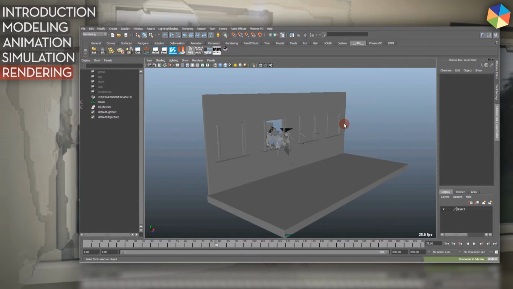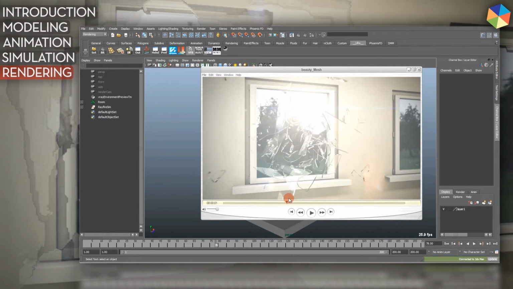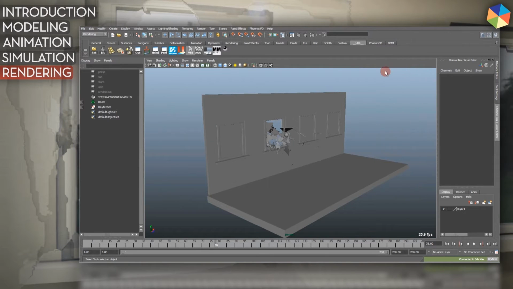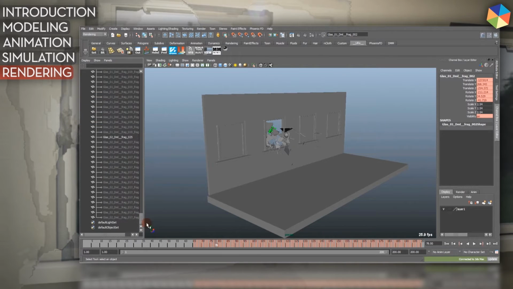So now the official Rayfire tutorial is finished, but I just want to go through my shading, lighting and rendering steps so you can get the final animation. I just want to show you how I shaded and lighted my scene to get it more or less look like this. So first of all, I select all my glass pieces